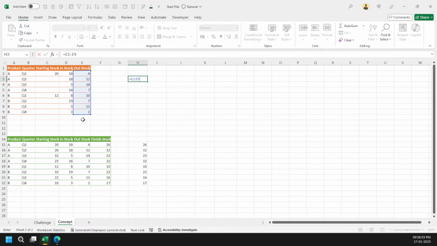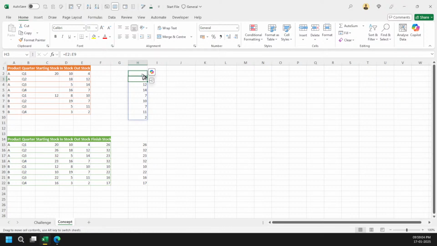So it is good to go. Got it? What will happen if I select E9 to E2? Will it reverse this whole thing? Will it give me like 2 11 7, or will it simply give me like 4 12 14? Let's test it out.